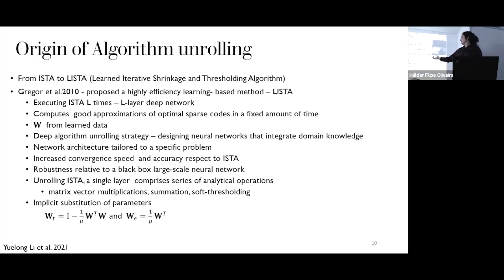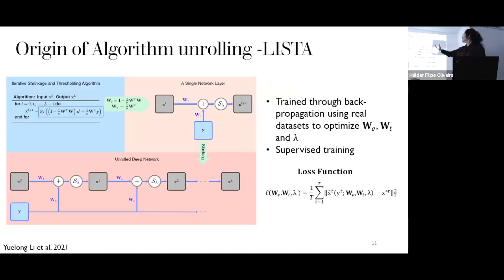But they also did a bit of generalization with W. They generalized these terms into these W's, sub T and sub E, just to make it easier to convert into a deep learning